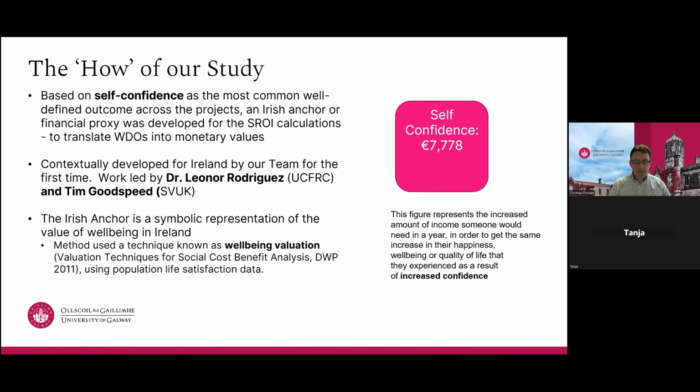Oh, there you are. So one of the things that we were very conscious of, and this is something that Tim Goodspeed was crucial for us and Lena Rodriguez in thinking through this, was because of the peculiarity of the Irish context. If you think about it, we have always had a net outward migration. So we've always had more people going than arriving. We've had a very poor economic structure at particular periods in our history and so on. So when we looked at the proxies that are used for the actual calculations, we came to the conclusion that because of those contextual differences, it would be good to develop an Irish anchor, an Irish financial proxy